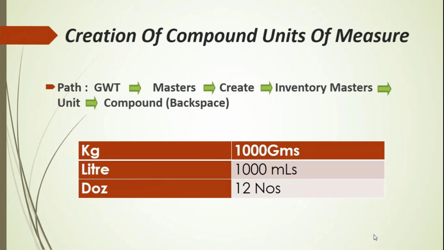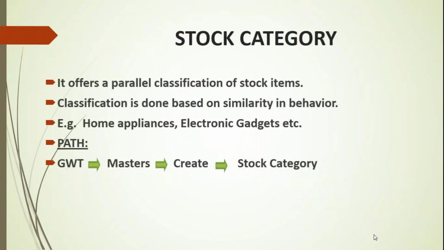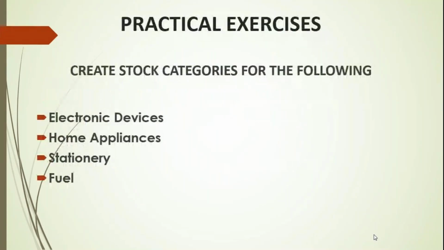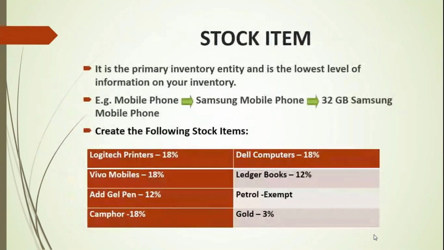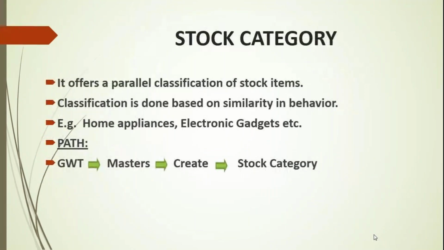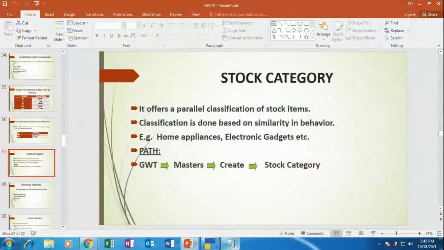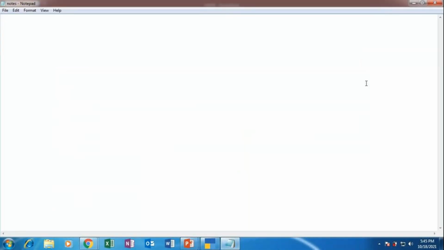Now, we'll go for the next set of discussion. We have covered location and we have covered units of measure. Now we head on to stock category. Before discussing stock category, we have stock groups and stock items. Let me explain the hierarchy to you, how this goes about. This can be better explained with a suitable example. Okay, so let me take the example